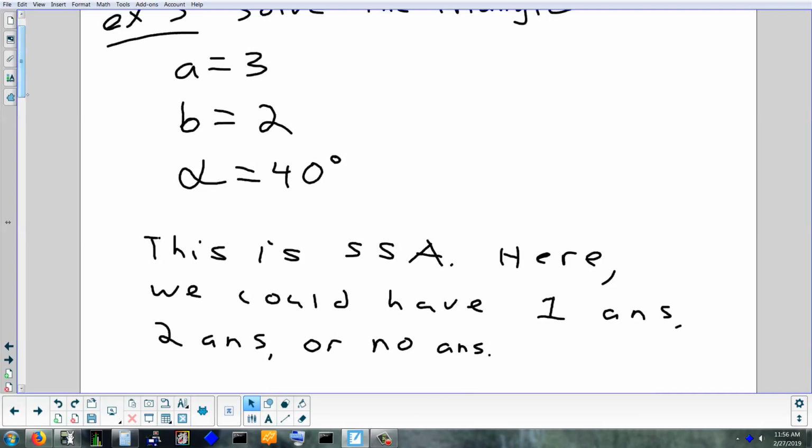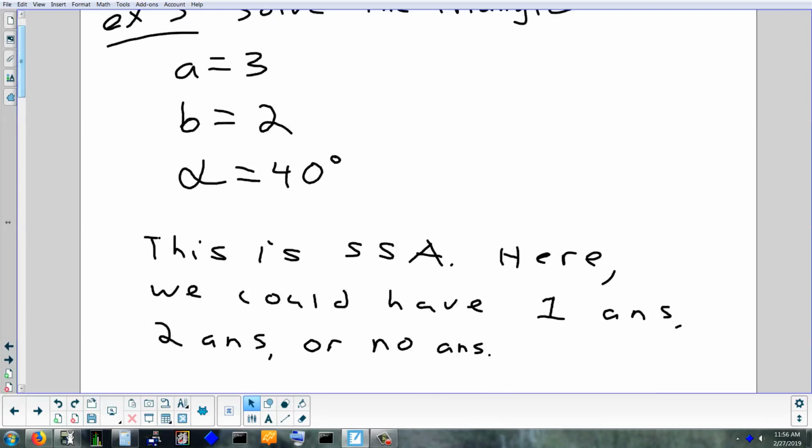When you solve side-side-angle, one of 3 things could happen. You either get one solution, which is like the problems we've been doing, so it just works out to be a normal problem. You get 2 solutions, which means it's not harder, but